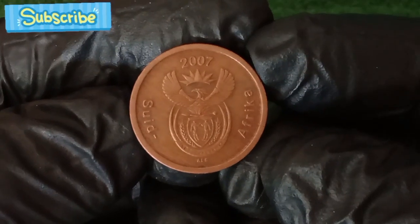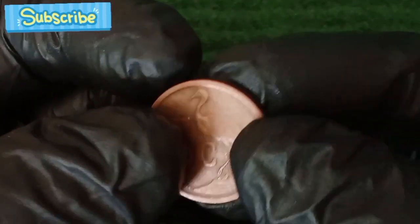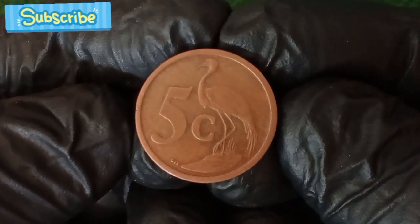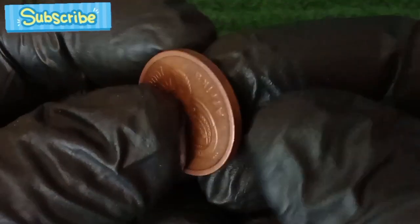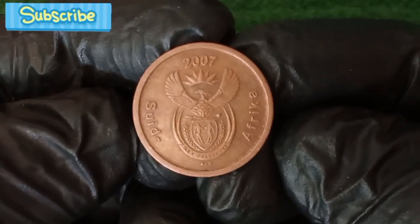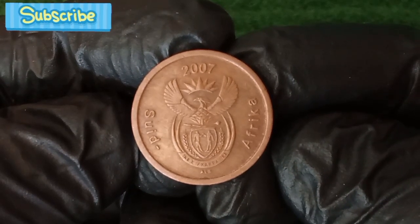Historical context of the 5-cent coin. To understand the coin's significance, we have to trace the history of South African coinage. Before 1961, South Africa used the British pound. With the establishment of the Republic of South Africa in 1961, the country adopted the rand system, modeled after the decimal system. 1 rand equals 100 cents, and the 5-cent coin has been part of the South African monetary system